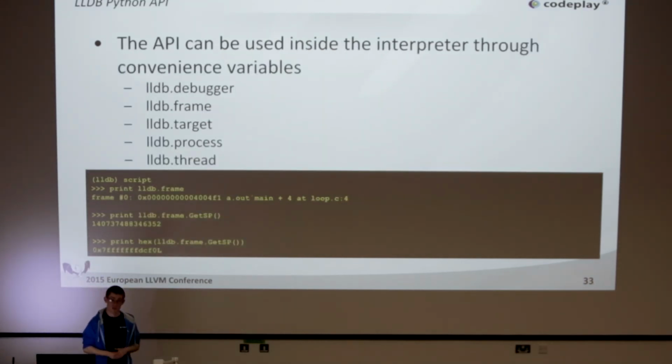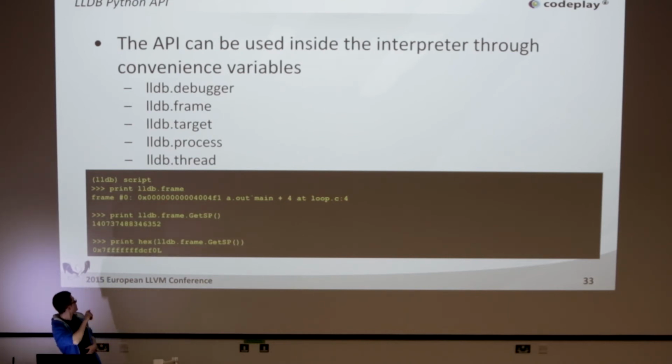You can also use the API inside the interpreter, through things called convenience variables. Those are like instances of the LLDB API objects, so that's all your things like debugger, frame, target, process, stuff like that. What that means is you have access to the current LLDB state through these. So I've got an example here with frame, and then you can just use API calls on